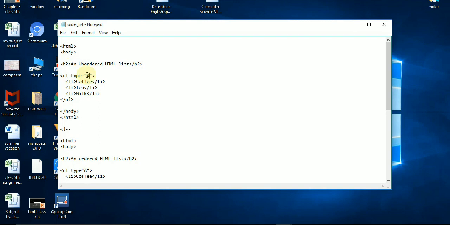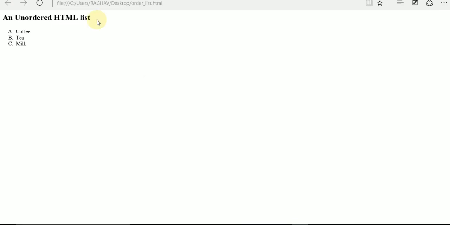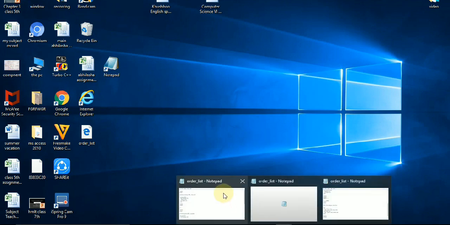Then press Ctrl S, minimize it and click on the file, and it will show like this. This is the output in the browser, the output of the unordered HTML list. For running any file in a browser, you just double click on the file, and it will open in the browser. Now for seeing the next program,